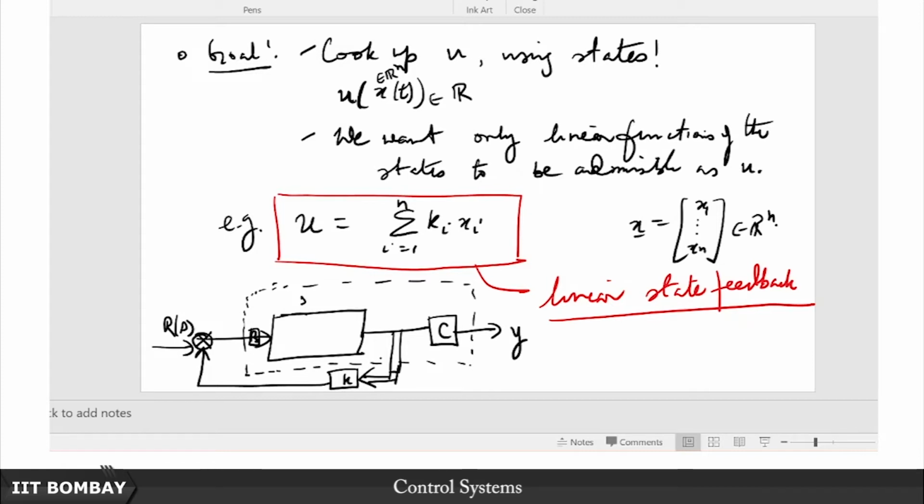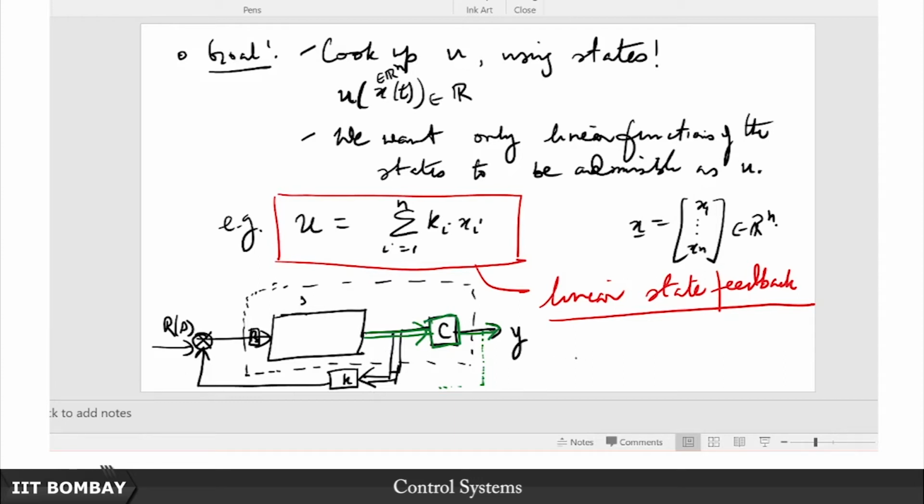Now we will revisit this point later. Remember that in the earlier case in classical control we were able to tap out the sensed signal from here, but now we are assuming that somehow we are allowed to get inside the system, because everything within this black dotted box is inside the system. So we are assuming that we are allowed access to these states at this level itself. This is a double line, a state vector, which upon passing through K turns out to be a scalar, so a single line here. So we are somehow assuming that someone is giving us access to these states. We will live with that assumption for the time being. Later on we will relax that subject to some other assumption and we will see it is still doable.